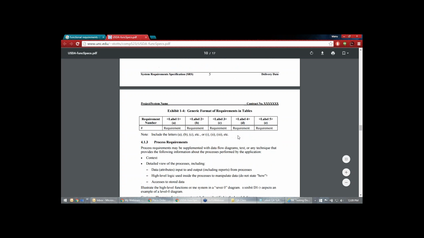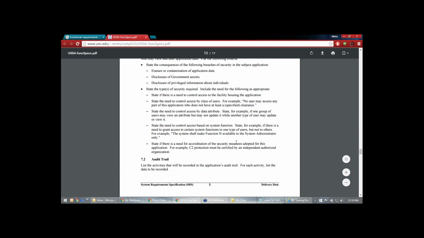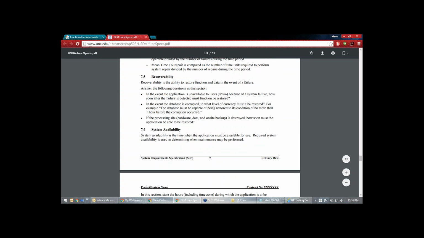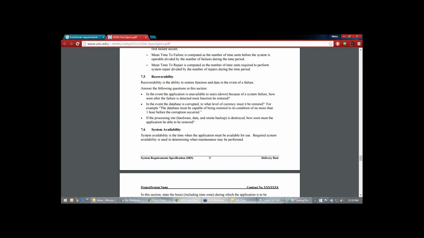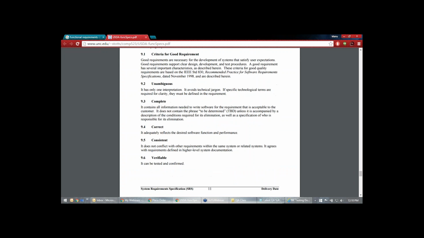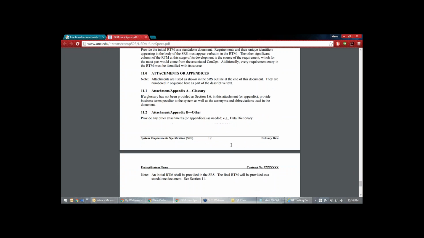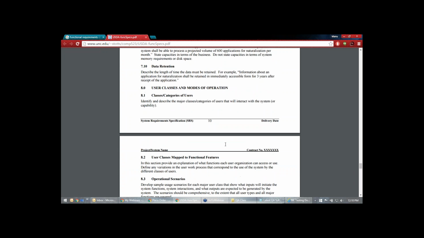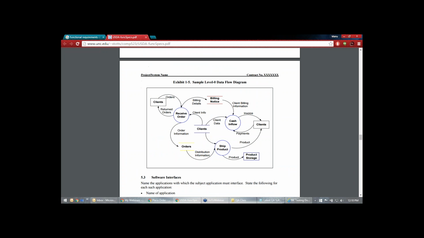So this might contain some screenshots and some information about that. In some companies they use FRD and BRD as the same thing, for their own purpose. That's fine, but normally they are two different things. FRD contains the functionality and features of an application. BRD contains use cases, business modeling, risk analysis, and budget.